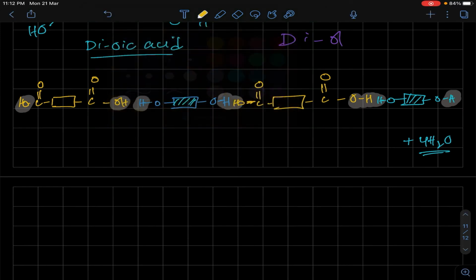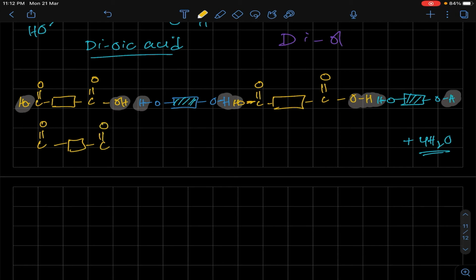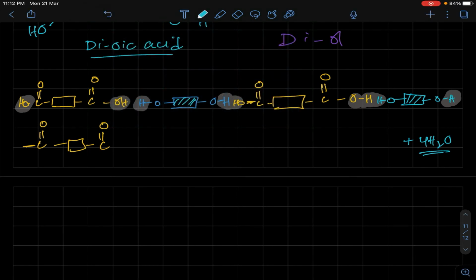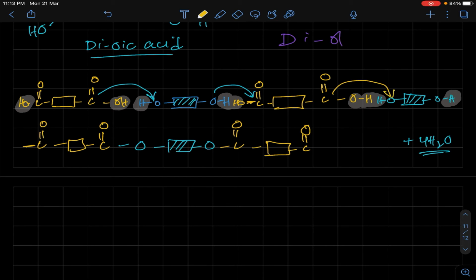And now let's just draw the structure of terylene. It would be C double bond O, carbon chain, C double bond O, and then we have a diol. We are left with oxygen. This OH, the C double bond O would make a bond with the oxygen. So O, carbon chain, O, and then again this oxygen would make a bond with the carbon of C double bond O. So C double bond O, carbon chain, C double bond O. Again this carbon would make a bond with the oxygen of the diol. So O, box, O. So this is the structure of terylene, or you can call it polyester,